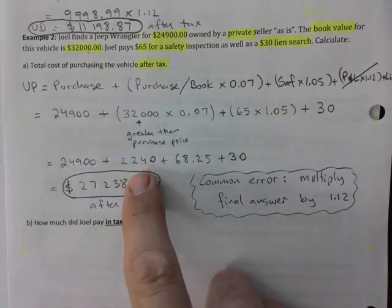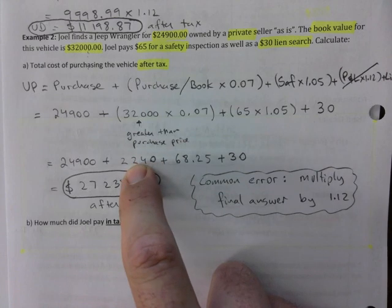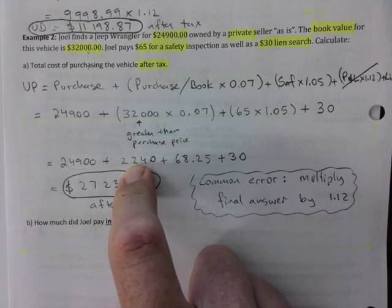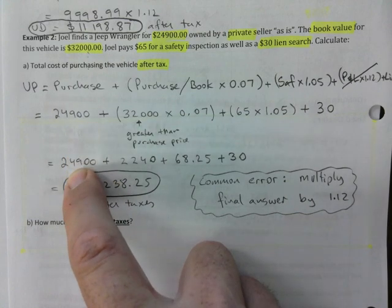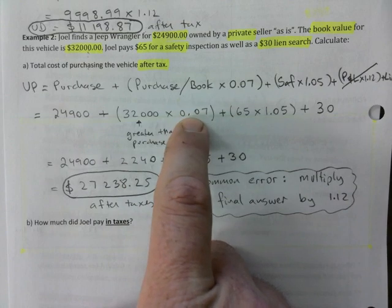Question, who, did you pay attention? Who gets the 2,240? Autopack, right? So this is how it goes. You buy the car. The owner of the Jeep gets 24,900. You pay that. You say, thank you, this is now my car. You sign a bunch of papers. When you go to Autopack to insure it, somebody has to pay the 7%, and that's going to be you